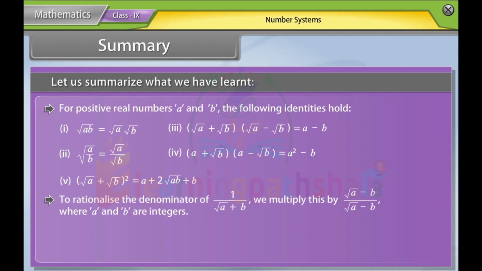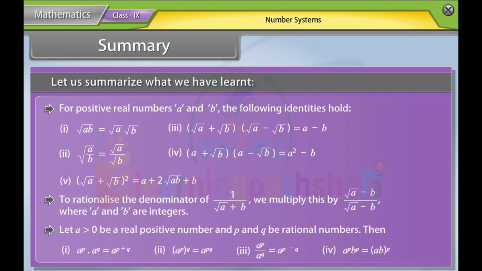To rationalize a denominator of 1 upon square root of a plus b, we multiply this by square root of a minus b whole upon square root of a minus b, where a and b are integers. Let a be greater than 0, a real positive number, and p and q be rational numbers, then